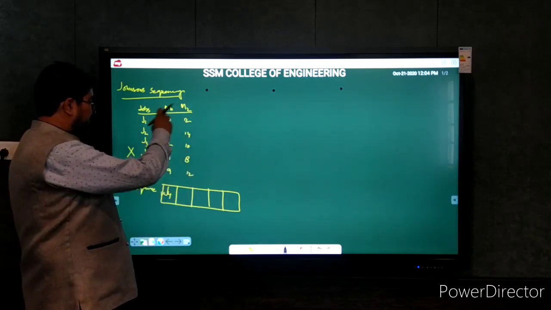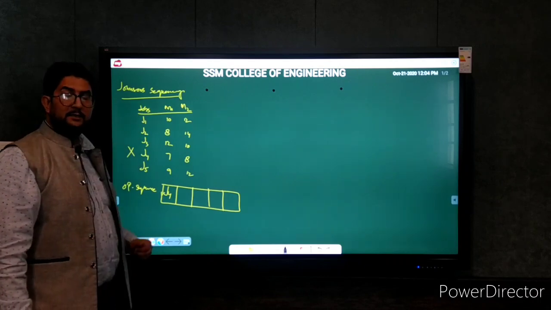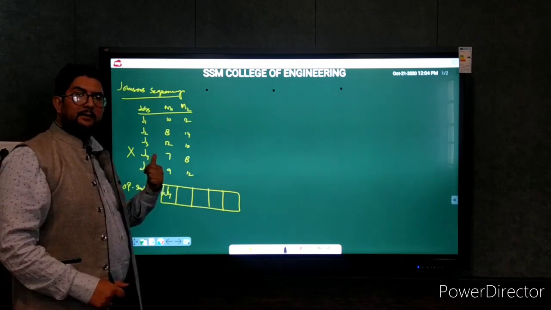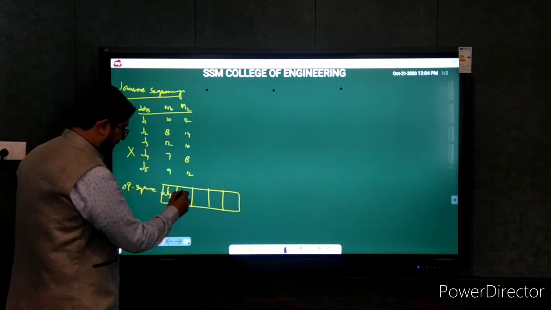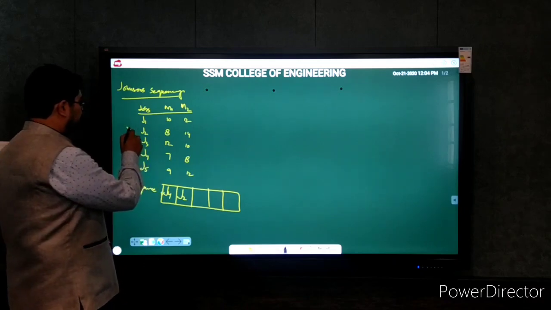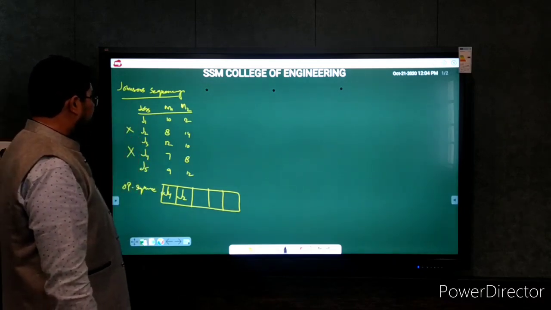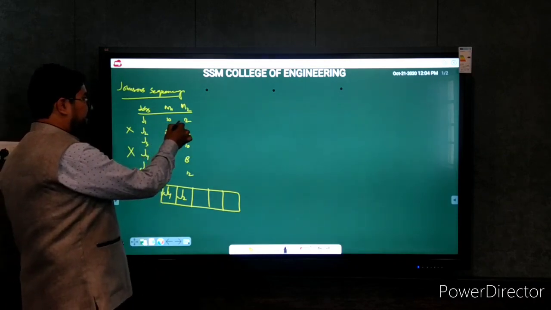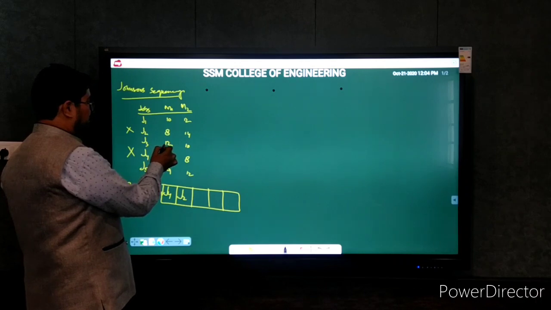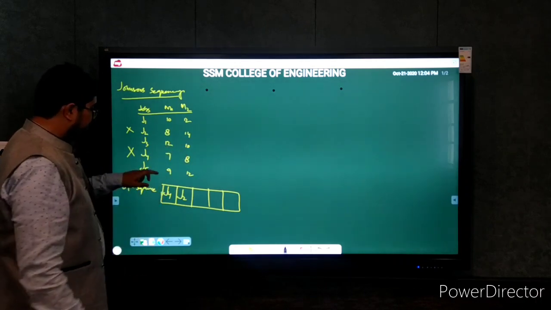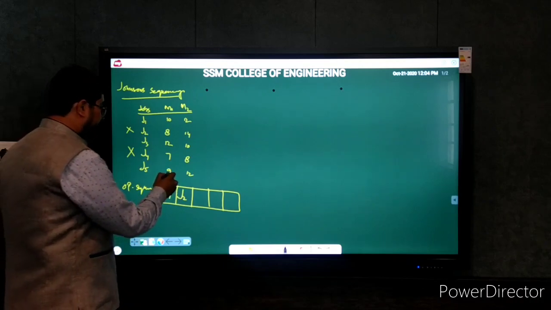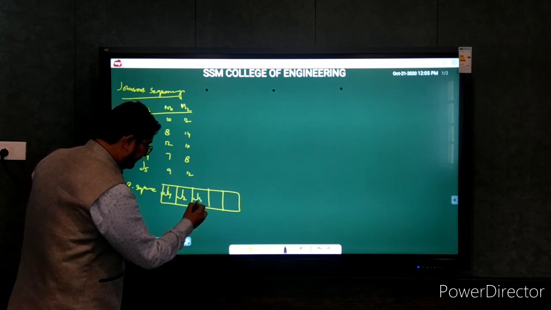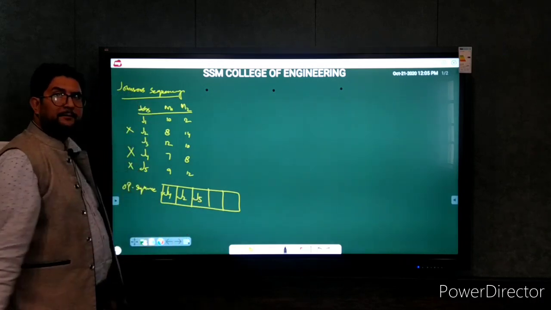Next, look for another time which is the lowest available time. So now we have lowest available time 8. This 8 is again from machine 1, so this job will again come to left extreme. So it will come here, that is J2. J2 is gone. Now we'll have to see from remaining times which is the lowest time. Remaining times are 10, 12, 10 and 9. This 9 is the lowest time. Again this time is from machine 1, so now we'll write J5. This job is also gone.